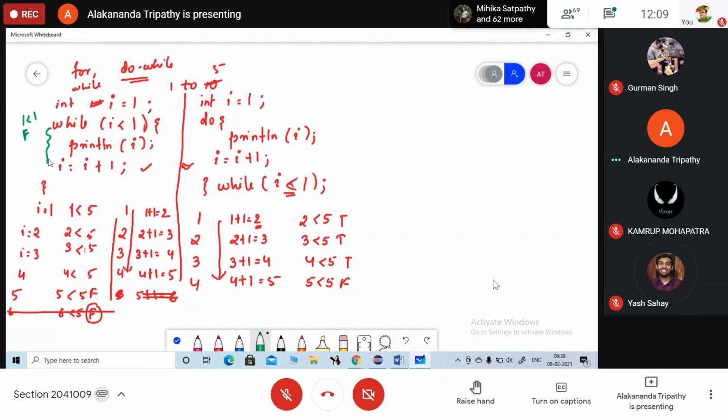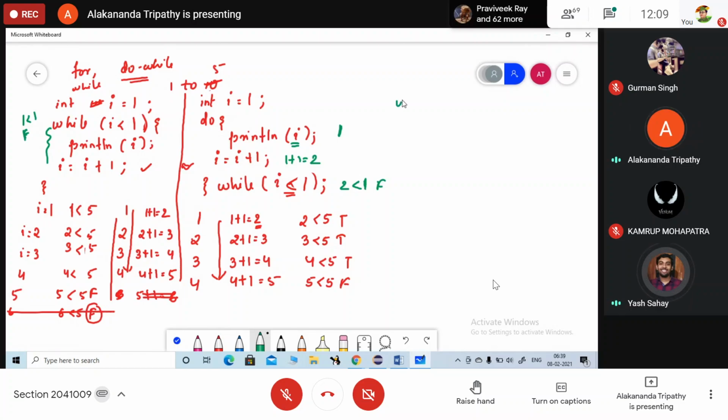But here in this case what will happen? Println i, so here it prints 1. Then 1 plus 1, it will be updated to 2. 2 less than 1, the condition will be false. So what is the basic difference between the while and do while loop?